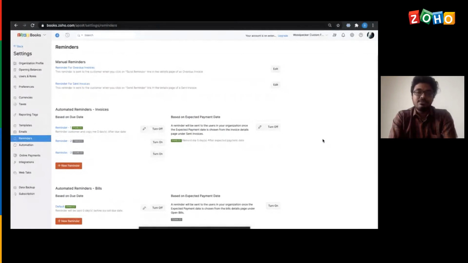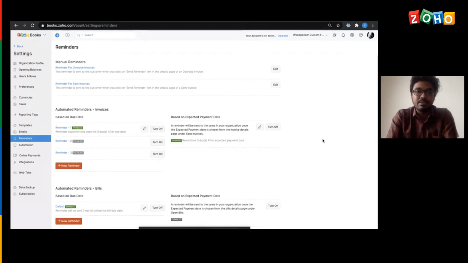Same way, we have this reminder option also for purchase bills too. So we would have made multiple purchases in a day, and we'll not be able to keep a track of the payments that has to be made against all those purchases. So the payment reminders would come in handy in those cases.